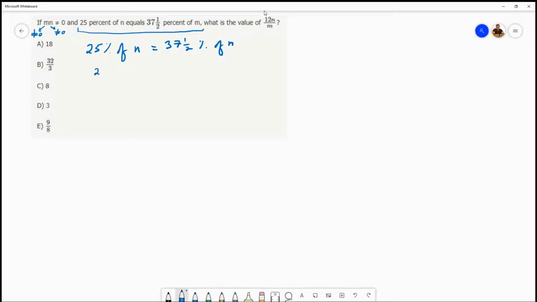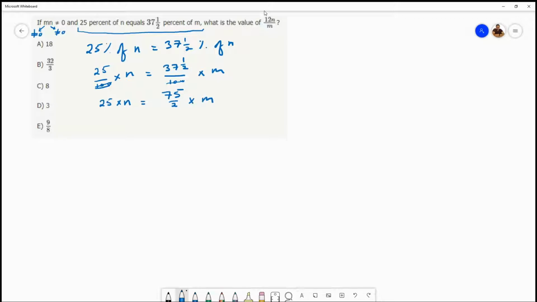So basically 25 divided by 100 times n equals 37.5 divided by 100 times m. I can get rid of the 100 in the denominator on both sides. I'm left with 25 times n equals, let me convert the numerator 37.5 from a mixed fraction into an improper fraction. Basically I would get 75 divided by 2